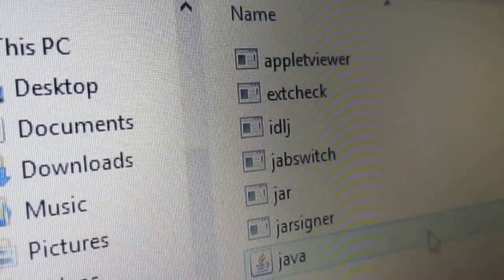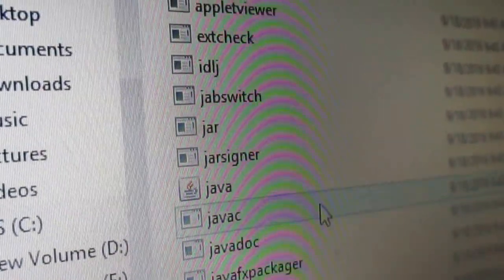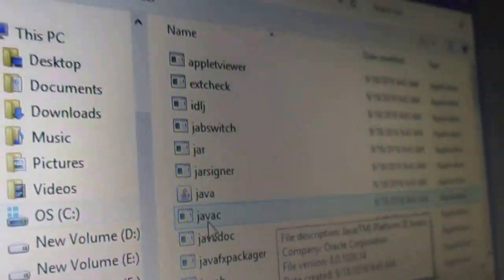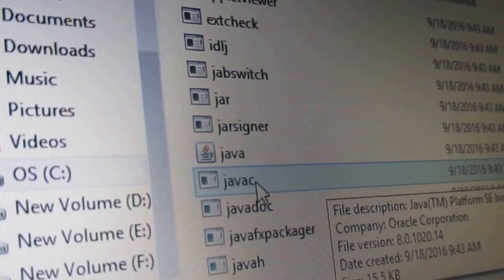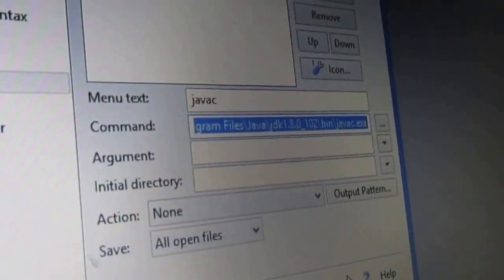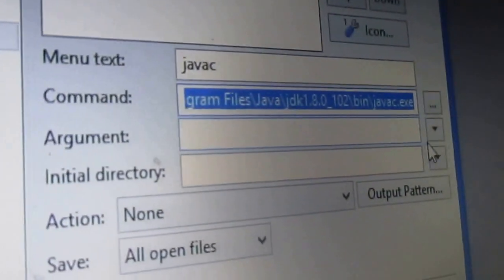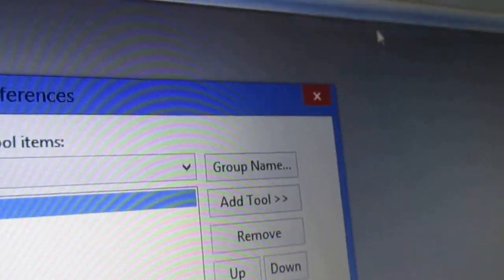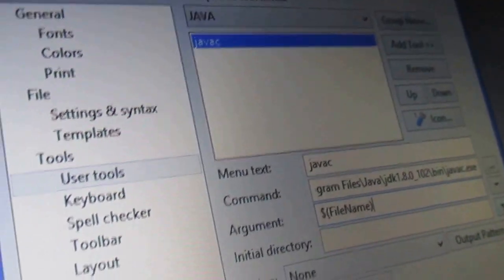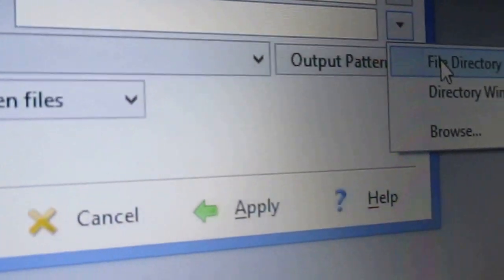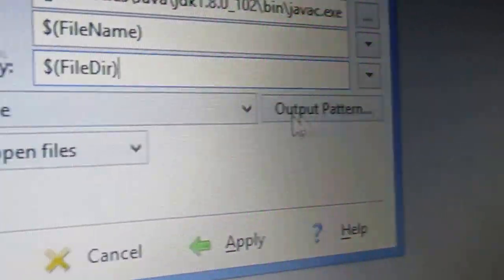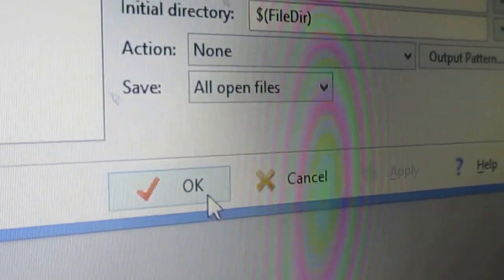To do Java compilation, javac.exe is needed, and I am assigning that. For the argument, whenever you compile, the file name is needed. And the directory where the .class file has to be generated or stored is the file directory itself. Here I am applying and clicking on OK.